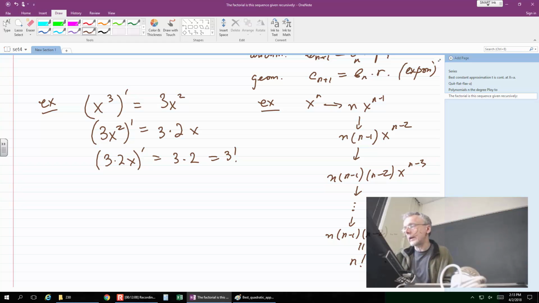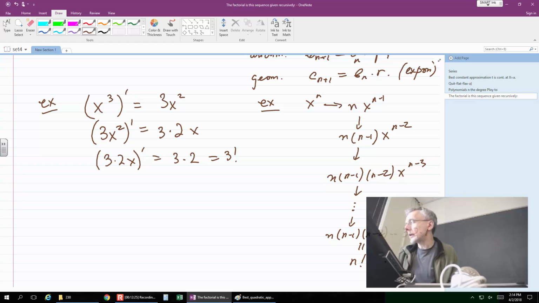So this is also in fact recursive. How do you get the nth derivative? You cannot get the nth derivative directly. You have to go through all the steps. So differentiation is recursive as well. So it gives us a sequence of